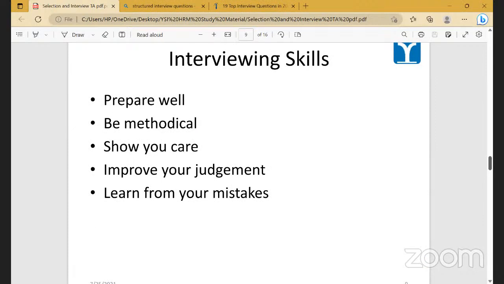Then आता है some important tips on interview skills. What kind of interview skills is required for interviewing a candidate, not for the person who is being interviewed. तो अभी तक आप लोग पढ़ते होंगे कि इंटरव्यू कैसे देना है, but इंटरव्यू कैसे लेना है that is also very important. And as an HR, it's a very very important tool or technique to understand. So these are a few points for that.